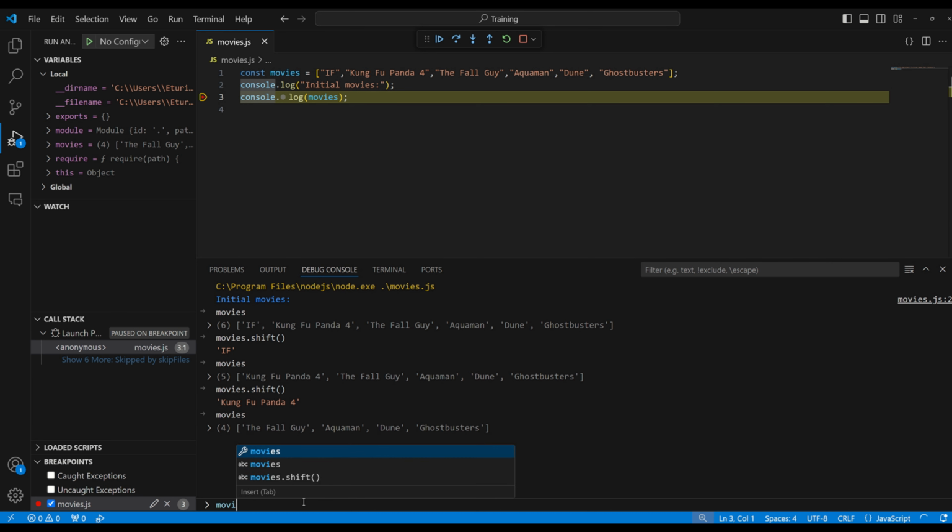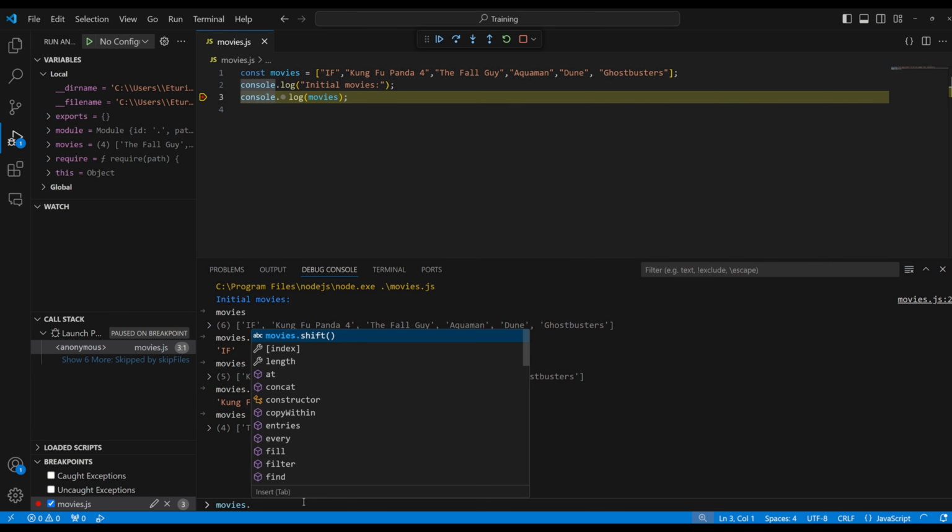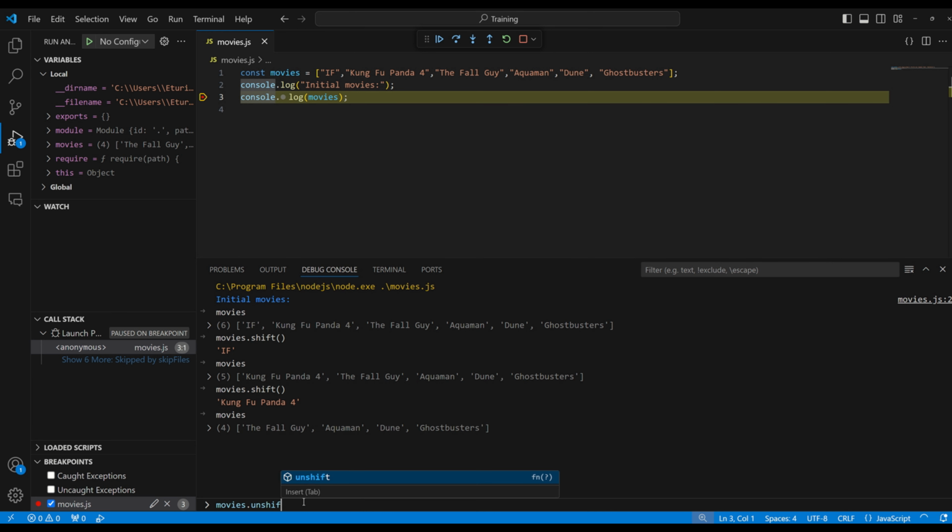Now let's type movies.unshift and add Forrest Gump. Okay. As you can see, we have now 5 movies. If I type unshift again and include the Casablanca, we have 6 movies.